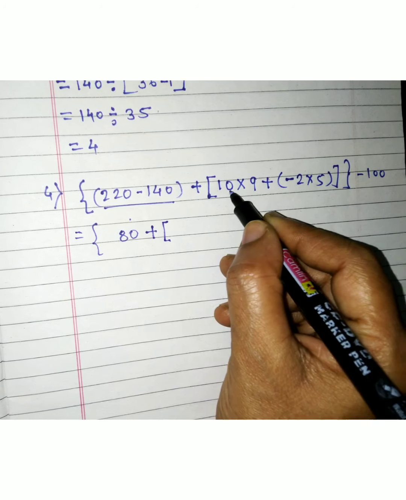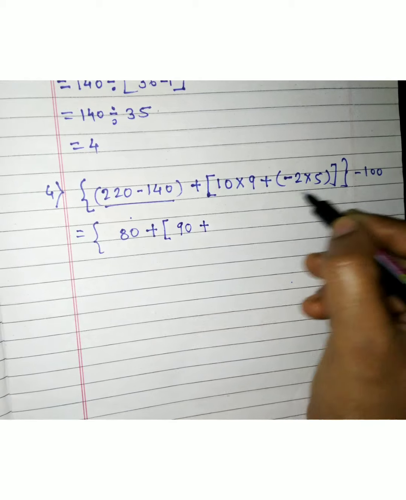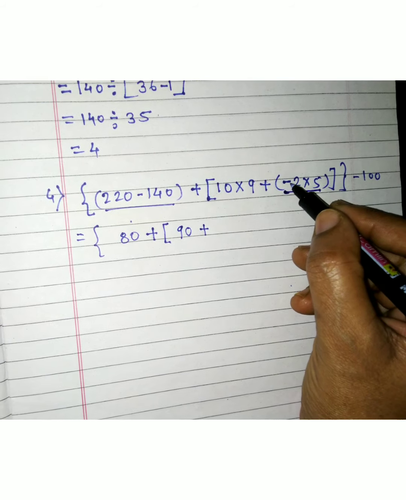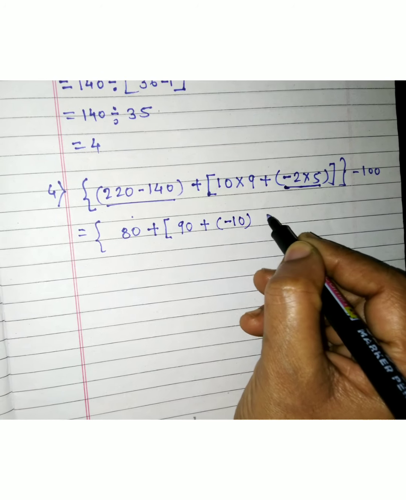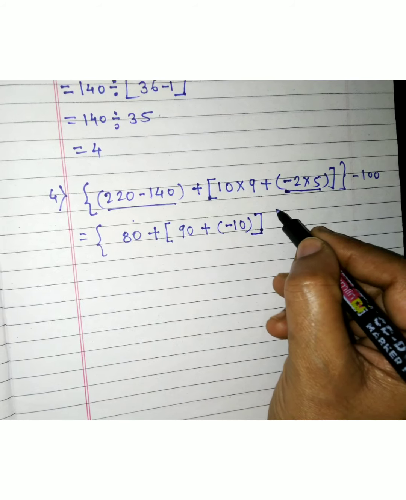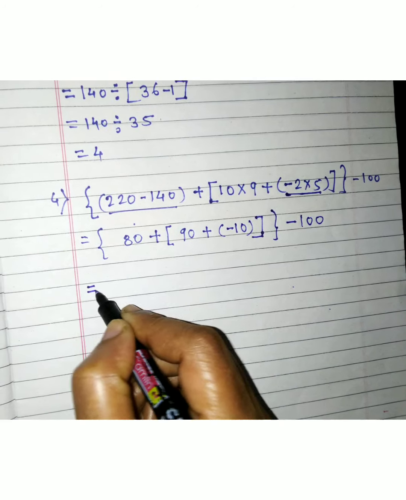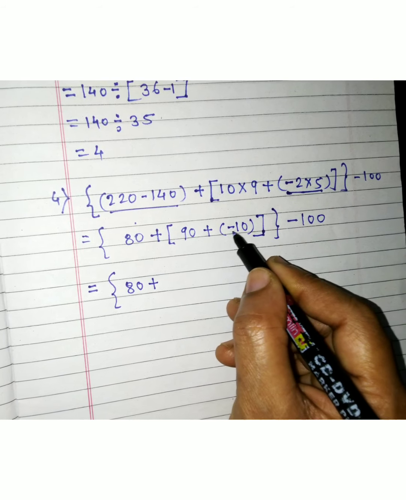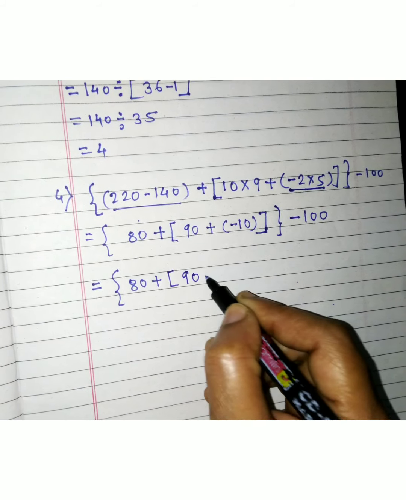now we will solve this multiplication. 10 multiply 9, 90, plus we will solve this multiplication. Minus 2 multiply by 5, your answer is minus 10. Square bracket complete, and now we will complete the curly bracket. Minus 100 is equal to, in curly bracket, 80 plus, now 90 plus minus 10, so 90 minus 10,